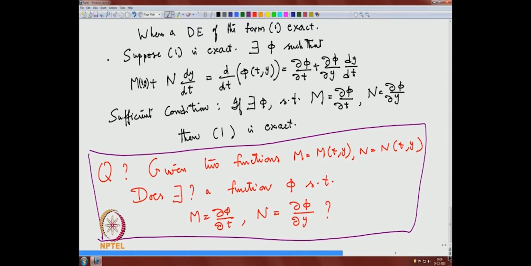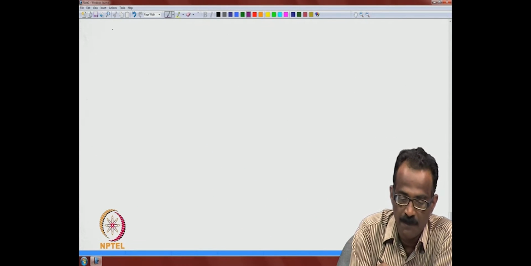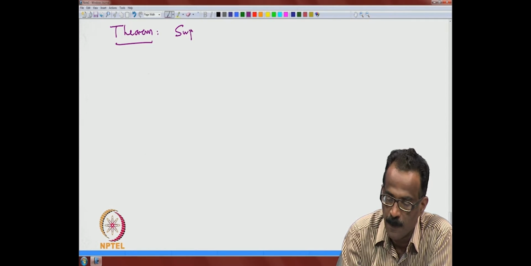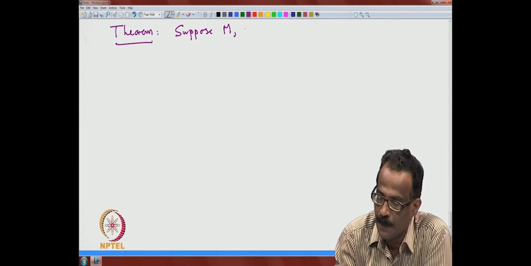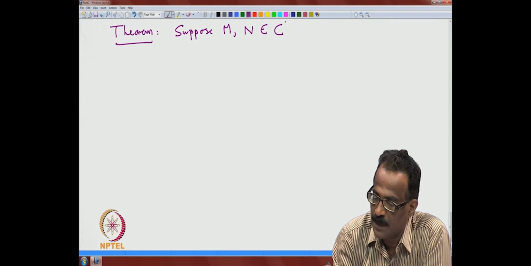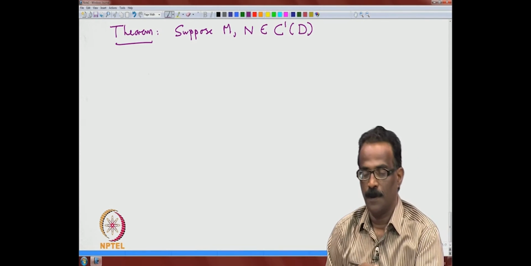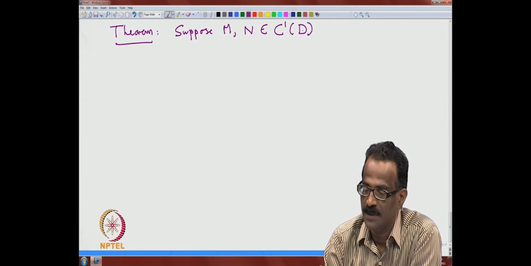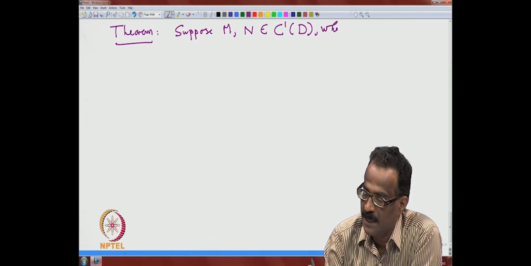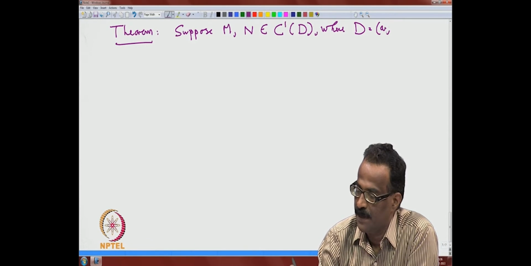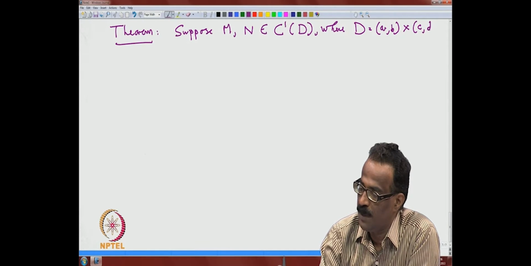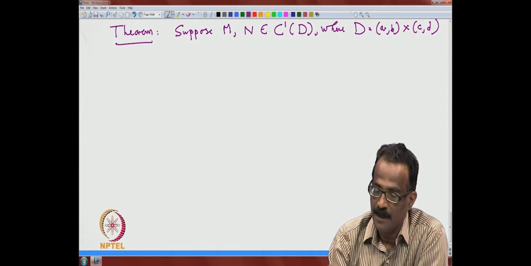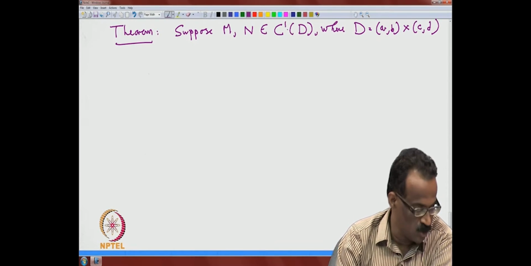So, let me put it in the form of a simple theorem. It is not a difficult theorem. Suppose M, N belong to C1(D), which is nothing but continuously differentiable functions in a domain D, where D is a rectangle in the ty plane, (a, b) cross (c, d). So, it is a 2 variable function defined on a domain in R2, the ty plane, and M and N need smoothness, that is, continuously differentiable. Then